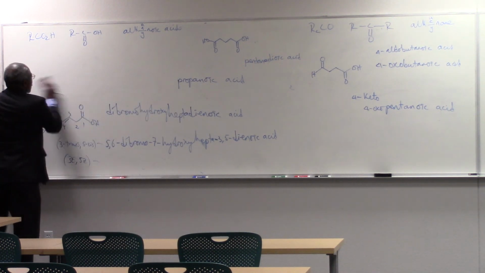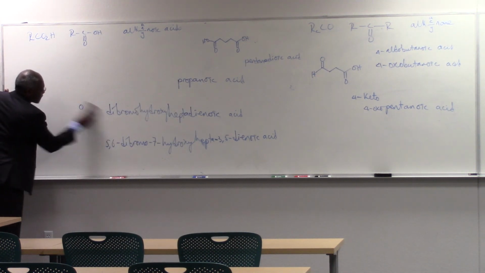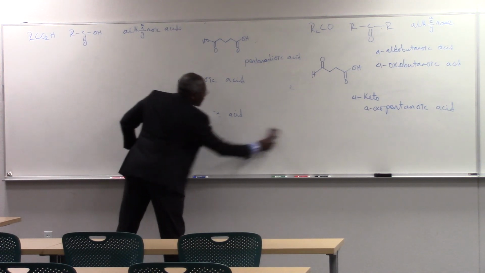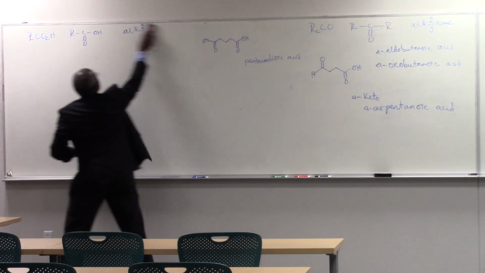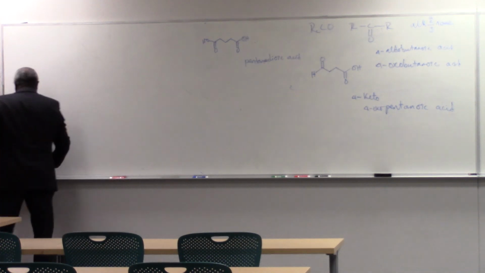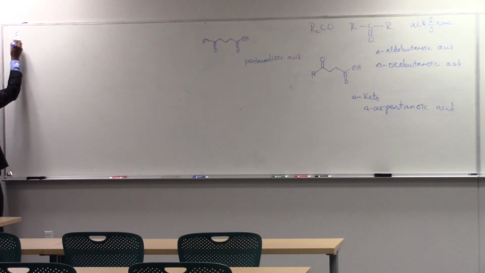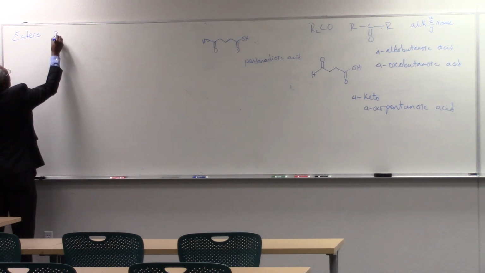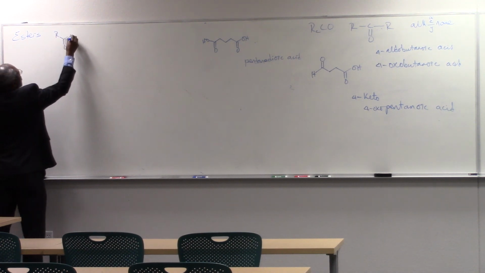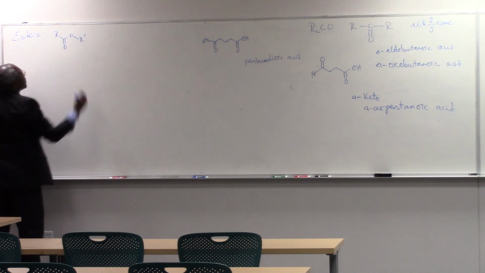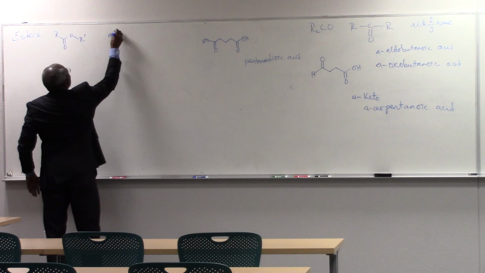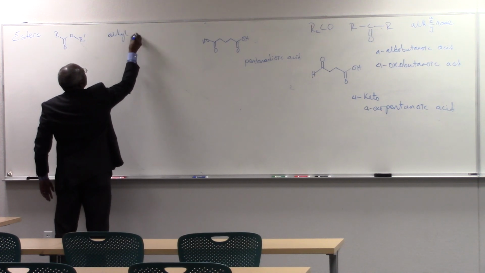We'll just do 2 more really fast. So there are esters, and esters are R, C double bond O, O R prime. These are also 2 words. They are alkyl, 1 word,